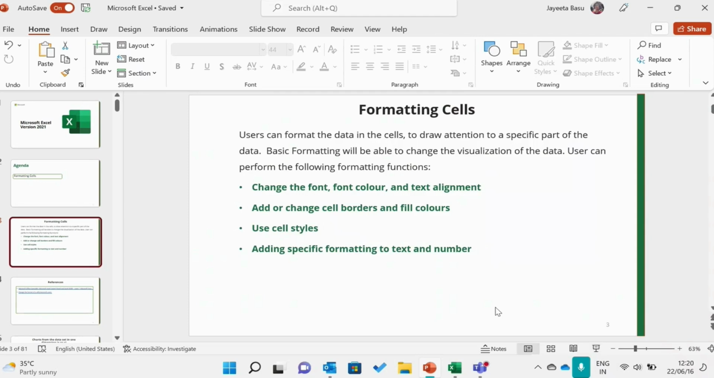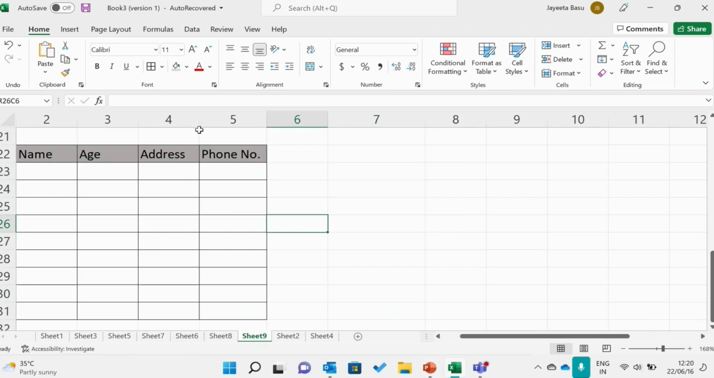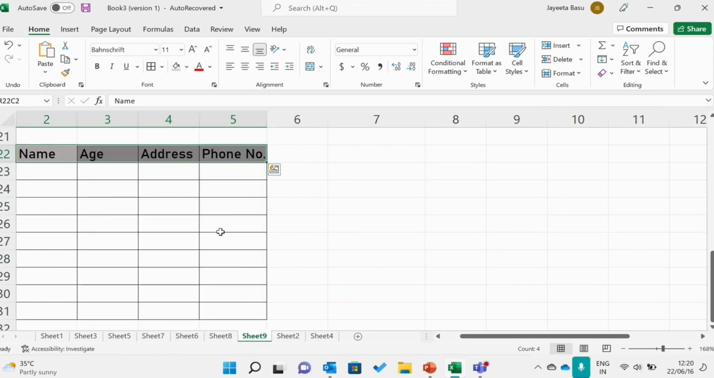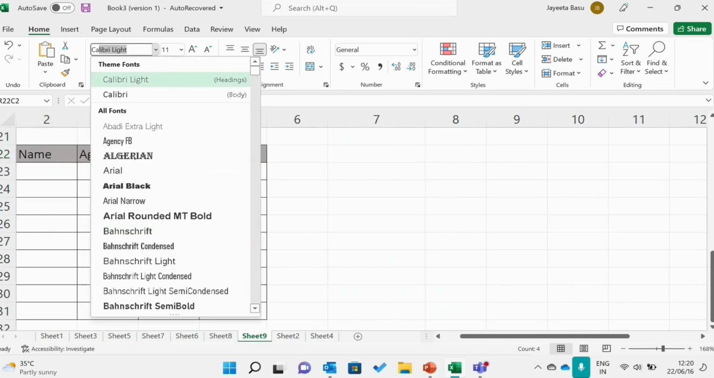So we will go back. And we were working on this cell, right? So for example, if we want to change the font, we will select these cells. And what we can do is we can, let's say, take different fonts. Now, always understand that depending on your requirement, you can use either one font or two fonts in a single document. Nothing more than that. For example, if this font is Calibri